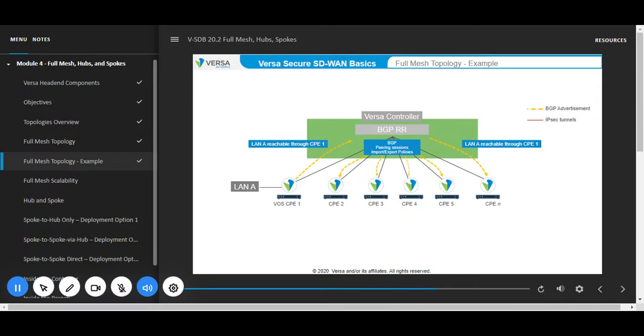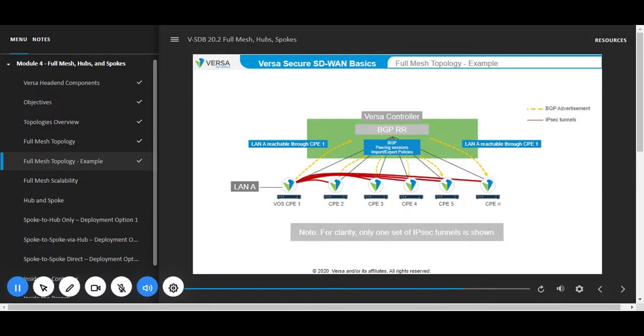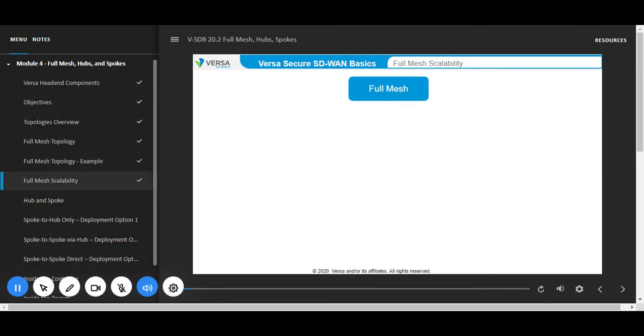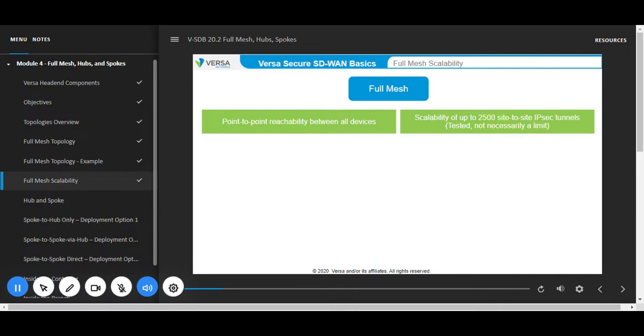Once the route is accepted into the local routing table of a remote CPE, a dynamic secure tunnel is created to the advertising device, which allows direct forwarding of secure SD-WAN traffic from any CPE device to CPE1 and LAN A. Full mesh topologies provide point-to-point reachability between all devices. The configuration for full mesh SD-WAN is simple, and the Versa Network solution provides scalability of up to 2,500 tested